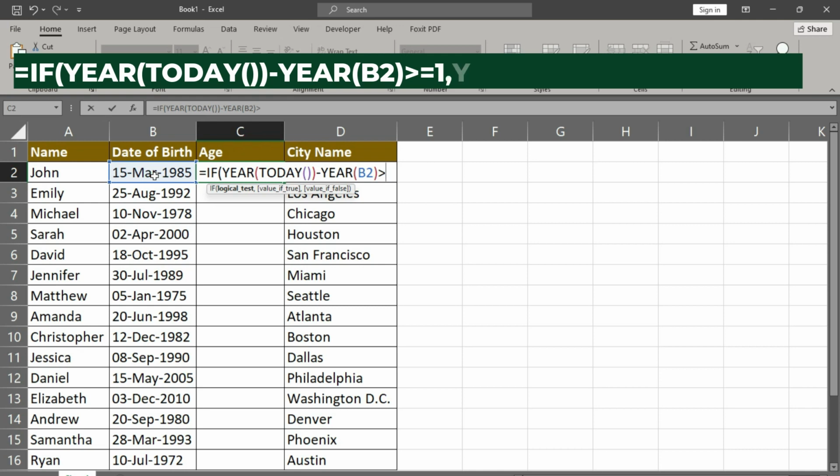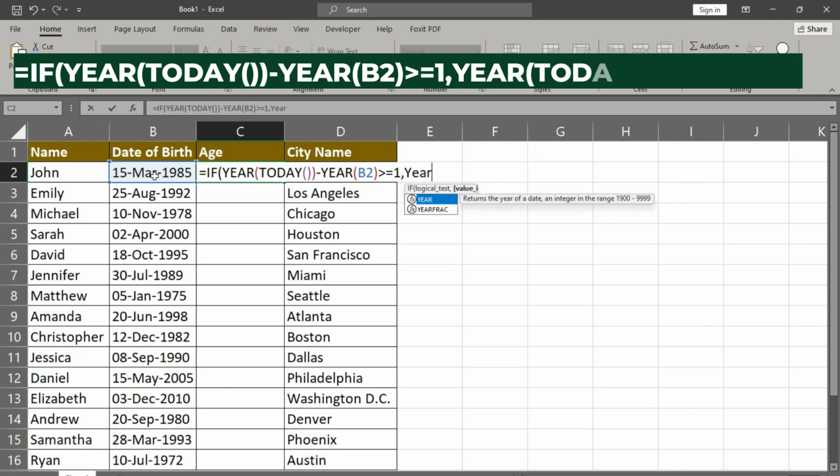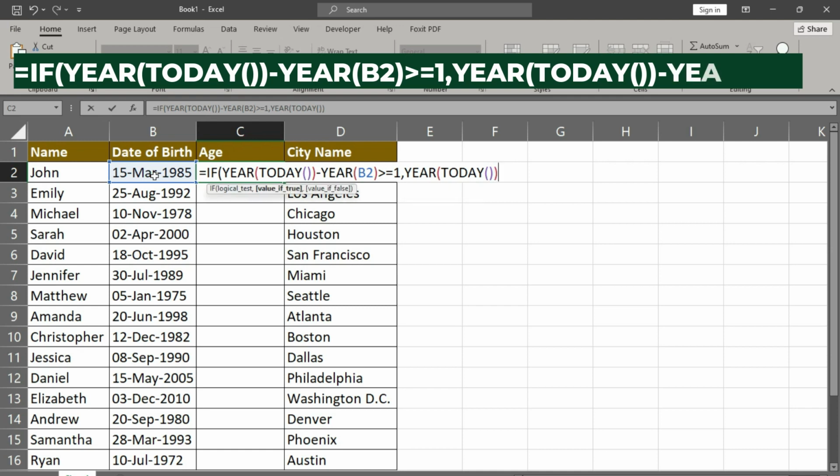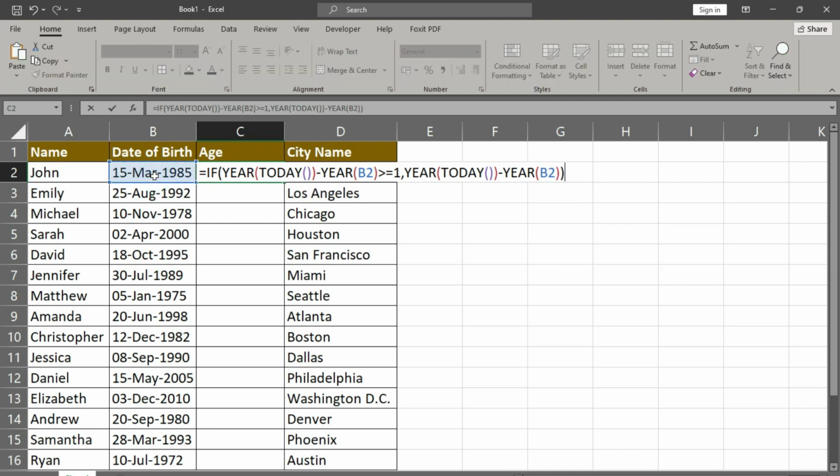Type equal to. Type 1. Type comma. Type YEAR. Bracket start. Type TODAY. Bracket start. Bracket close. Bracket close. Type minus sign. Type YEAR. Bracket start. Select date of birth. Bracket close. Bracket close. After you type the formula,